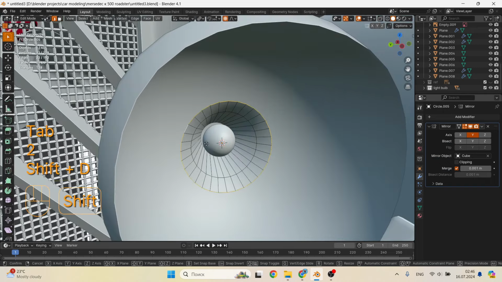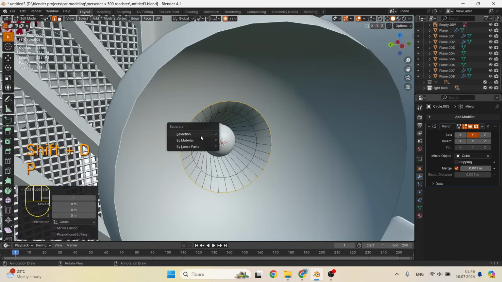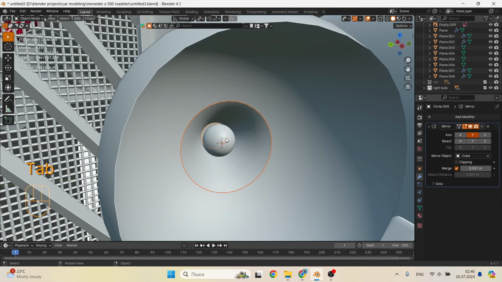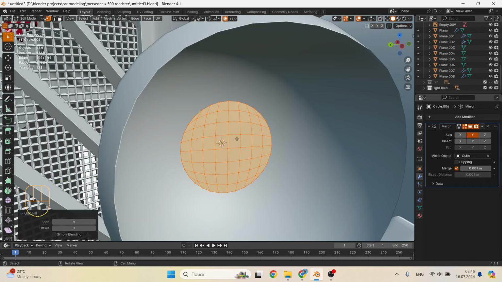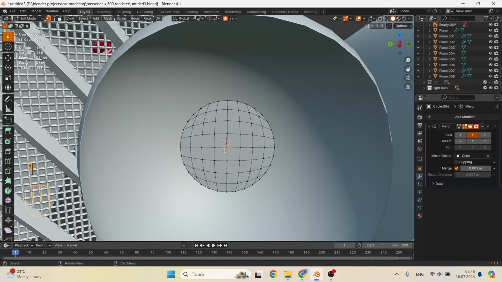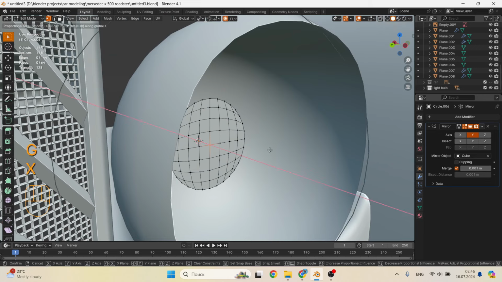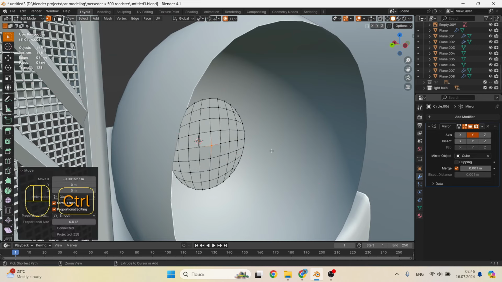Then select the thread of the bulb, and as you remember, all other elements are tied to it, and press Shift-S where we choose Selected to Cursor and the bulb moves to the 3D cursor. In large front headlights there is additional glass with diffusers. It is necessary to create it in the already known way.